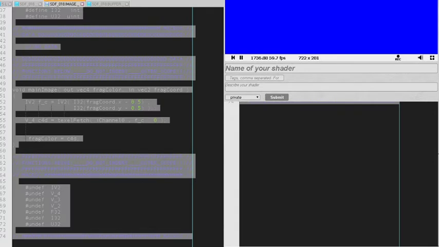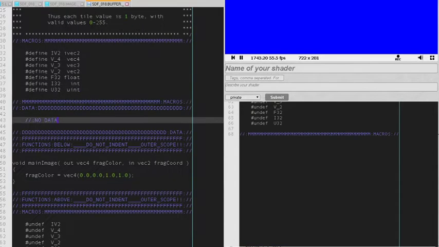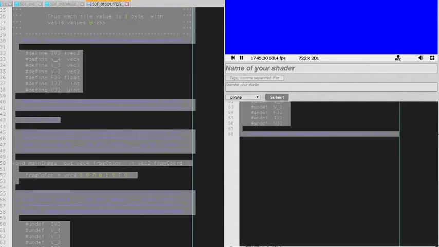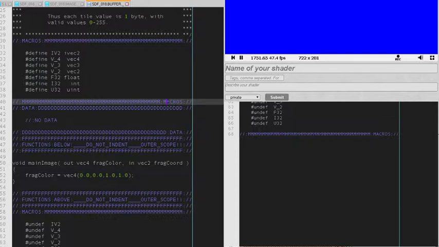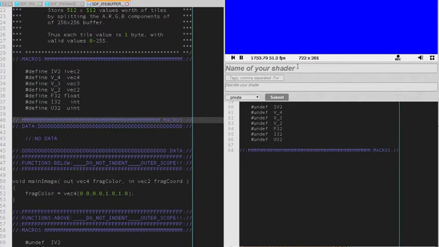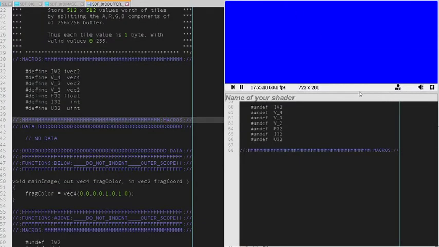And so we're in the image. I'm going to paste that back into the image stuff. Make sure that that runs. Okay, that runs. Go to the buffer. Take our buffer code. Paste that into the buffer thing. Make sure that works. Okay. So now that we have both of those and they're working, we got this solid blue, and that is from